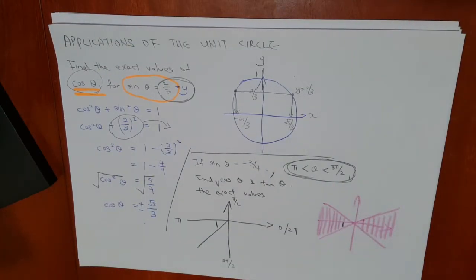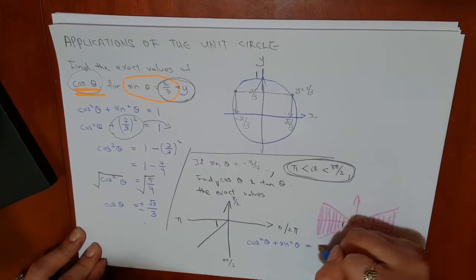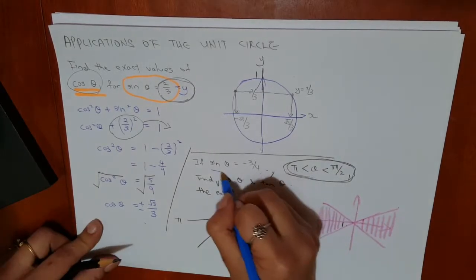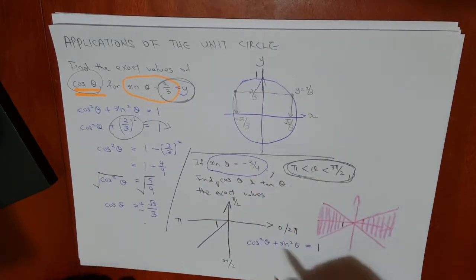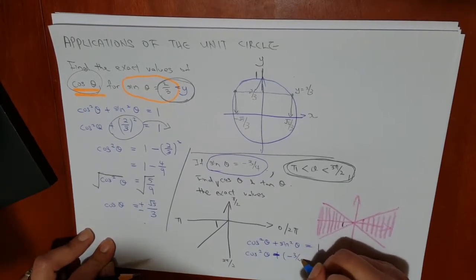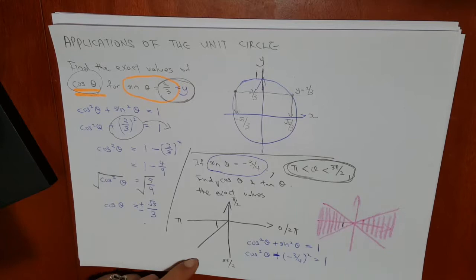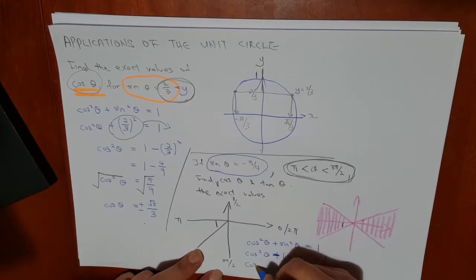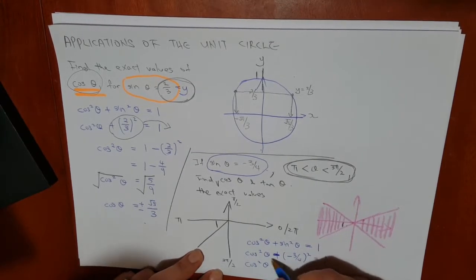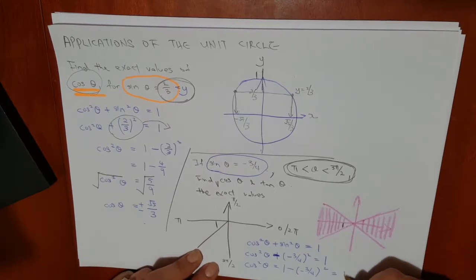So copying down the equation, cos square theta plus sine square theta is equivalent to 1. In this case, because the sine is given, I can actually substitute this in. So cos square theta plus negative 3 over 4 squared equals to 1. I did this because I substituted negative 3 over 4 into my sine. So now I can shift this to the other side. So cos square theta is equivalent to 1 take negative 3 over 4 squared, which is 1 take 9 over 16,